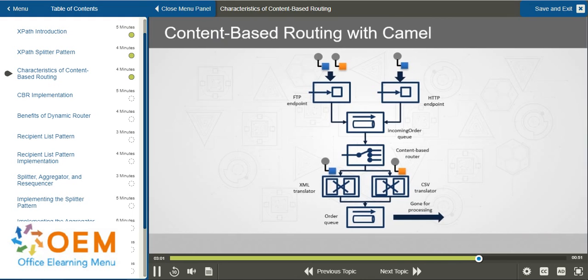All the incoming orders are essentially accumulated in the incoming order queue, which is illustrated in the middle of the sample figure. From the queue,